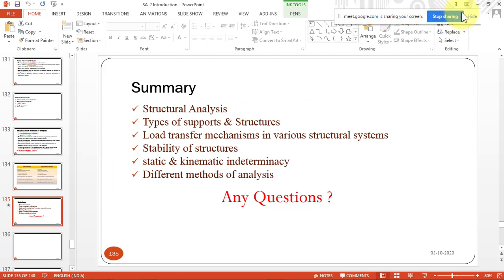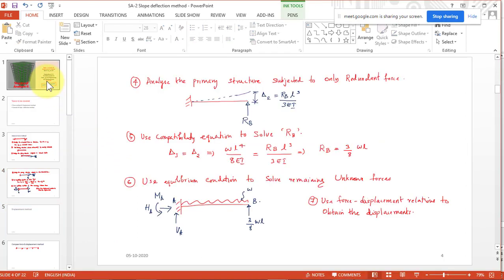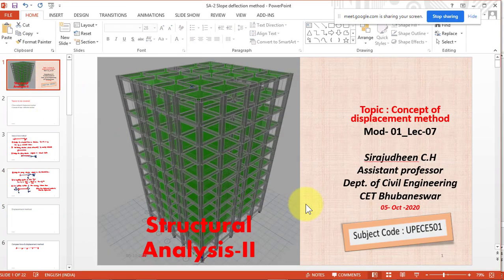Some part was pending in the last class, so we will continue from there. So today, I think you got the basic idea of force method and displacement method, and now we will see in a little more detail what the procedure is, how to solve a problem by using the displacement method. We will compare the procedure with the force method so that you can get the complete concept. Once you get that idea, then we will go for the derivation of the slope deflection method. That entire derivation you can easily understand if you get the basic procedure.